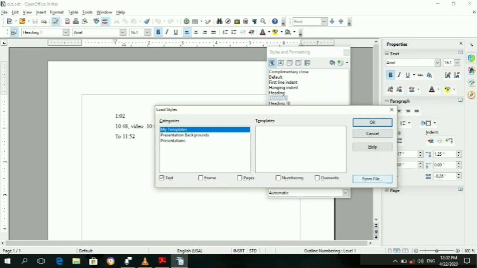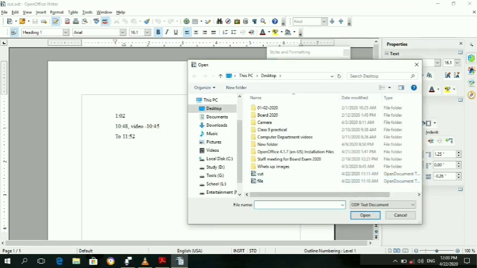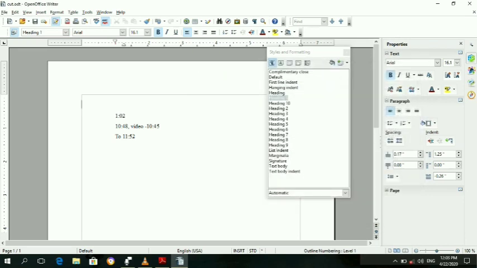The From File option is used to open a file or a template from where you want to load the styles. This is another ODT type file, meaning an OpenOffice Writer file. Now click Open. Once you click Open, you will see some change, but actually you cannot see it on your screen. The list will be added in your Styles and Formatting window.